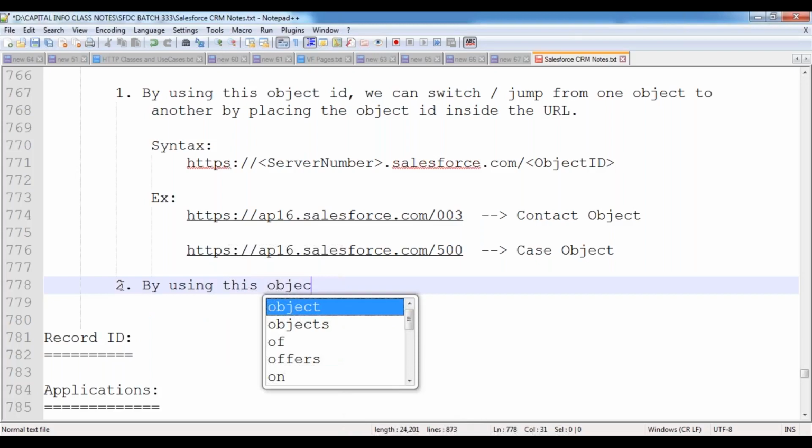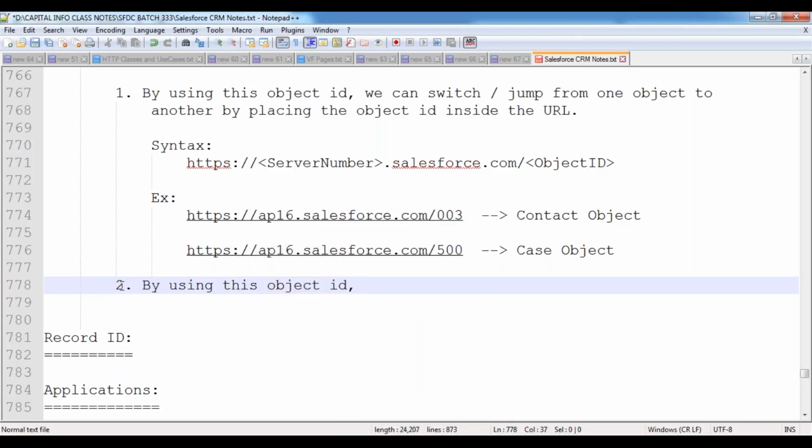By using this object ID, we can recognize the records, to identify to which object this record is associated. Directly, we can recognize that here.